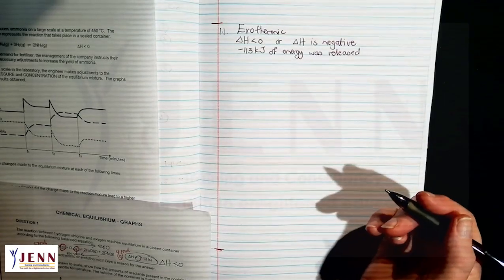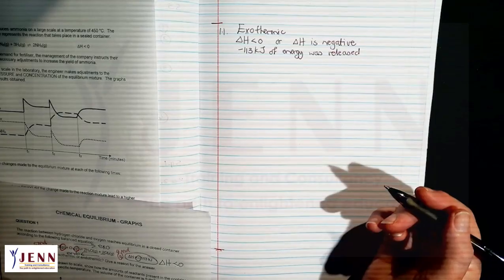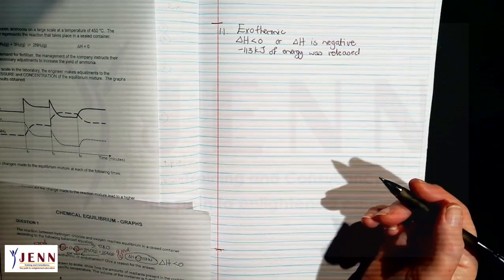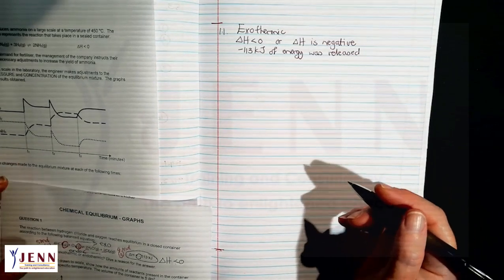Okay, it's the same thing, you can tell me any of them, because they didn't say it must be in terms of energy. If they say it must be in terms of energy, then only the last answer. So you can't just always say delta H is smaller than 0. Sometimes they block you and say you can't answer it like that.